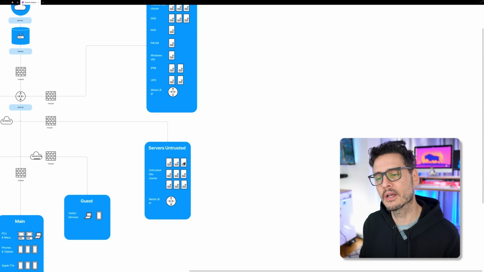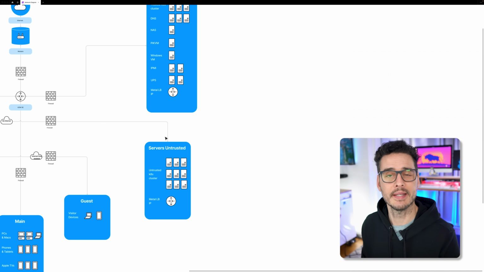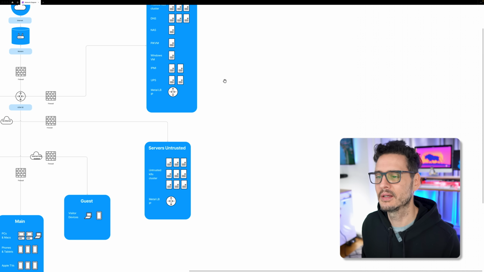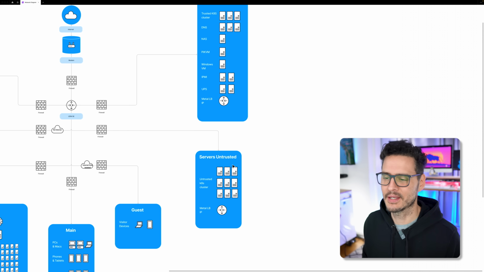And so again, these are all servers technically that still fit the criteria of trusted. I can remote into them, I can patch them, I can wipe them, I can do anything I want to them, but they're living on a network that allows public incoming traffic. And so I decided to segment that in its own VLAN. I probably should have called it public VLAN rather than servers untrusted, but I was already on this whole trusted and untrusted in servers kind of scheme, so I went with that.